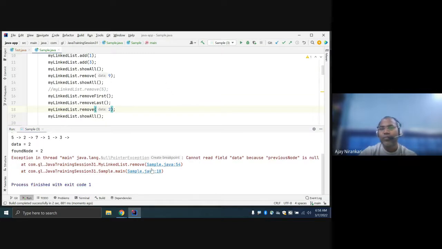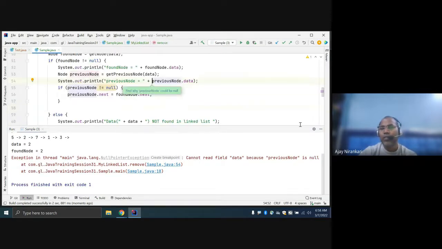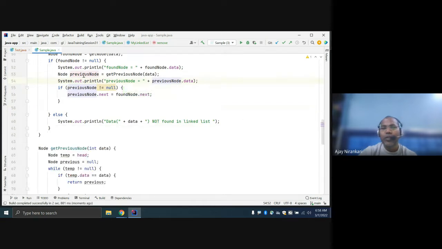Now you are not finding the previous node. This means the node exists in the linked list, but the previous node is not found. That means this is the head. The user wants to remove the head. Is it okay?